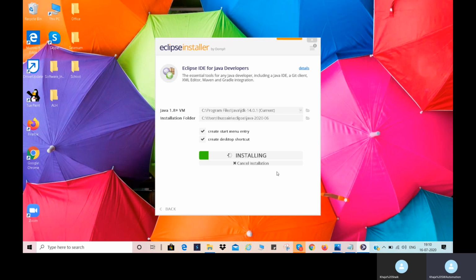Now the installation process has started. After installation, a shortcut will be created on your desktop and an entry also will be created in the start menu. Please note that, guys, before installing Eclipse in your system, Java should be installed earlier.